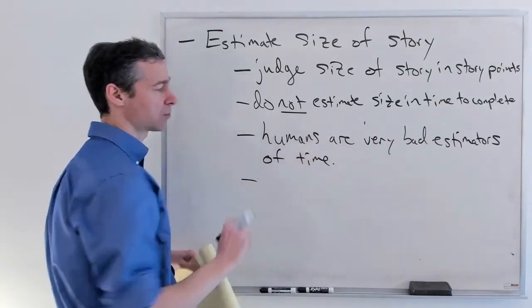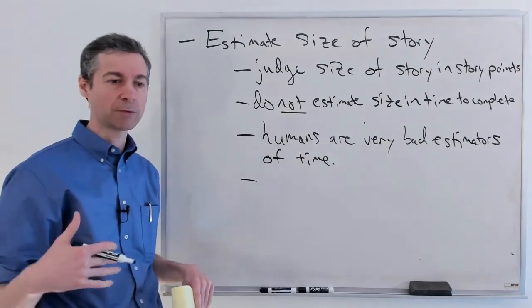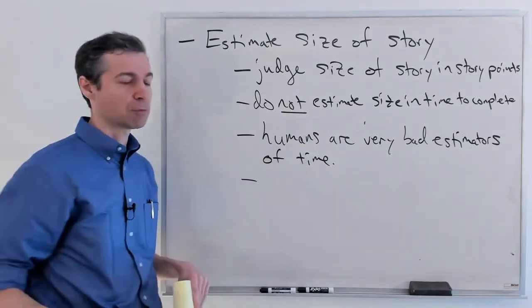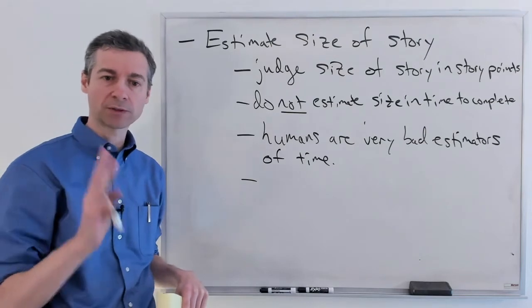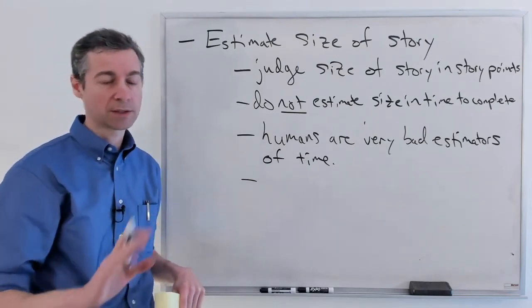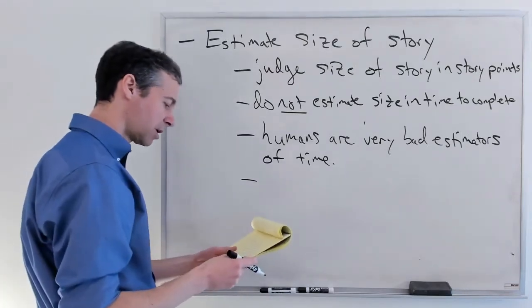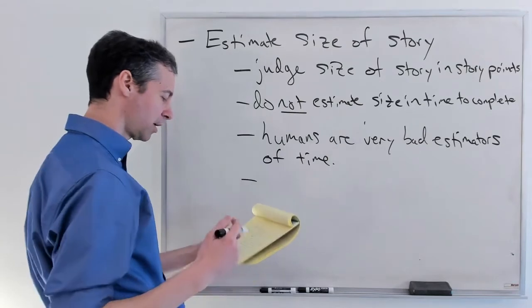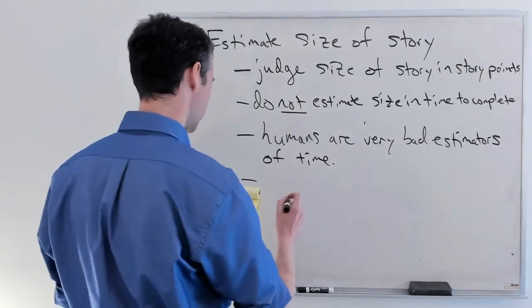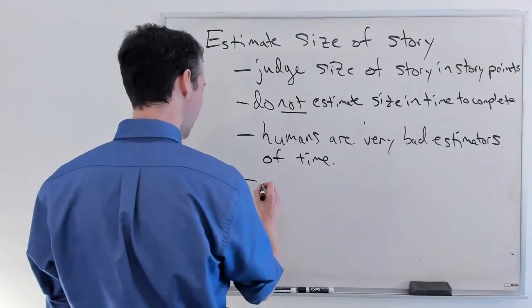When I would keep track of my time in my past jobs, usually what I found is that my estimates were off by a factor of 3. So if I thought it would take me 1 day, it took me 3 days. It was shocking to find how consistently wrong I was, even after trying really hard to estimate well. Story points is a wonderful solution. And now, why is that?